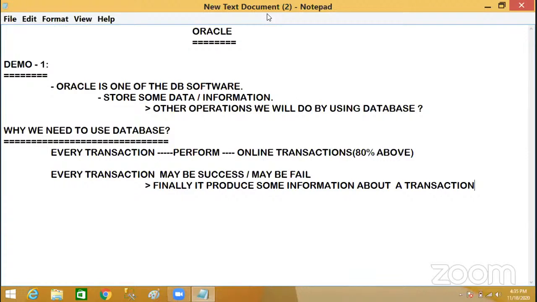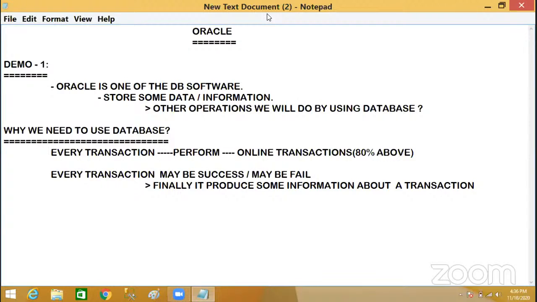If your transaction fails, even then we get some message on our mobile. So your transaction may be success or fail, either way some information is produced from your transaction or from your application. Either fail or success, some data will be produced.